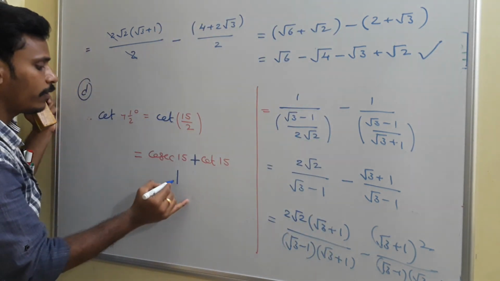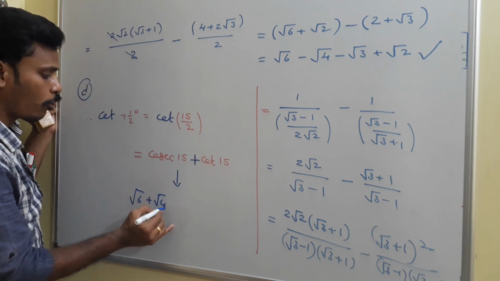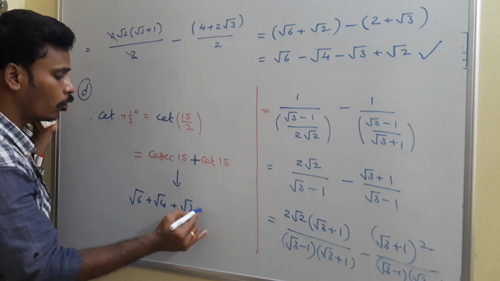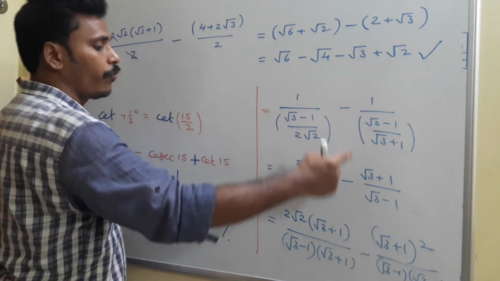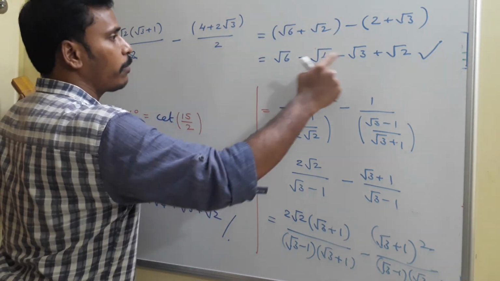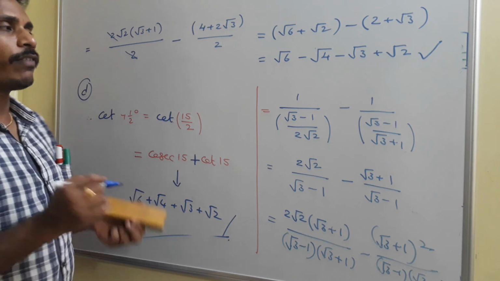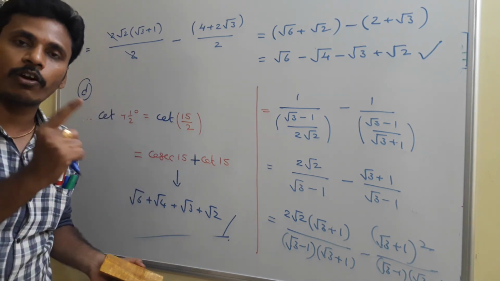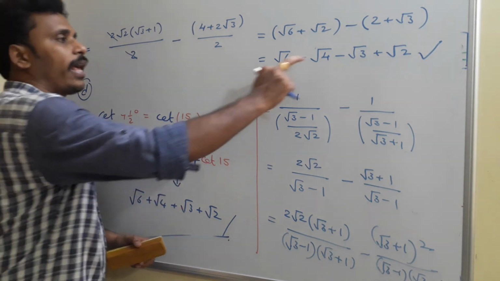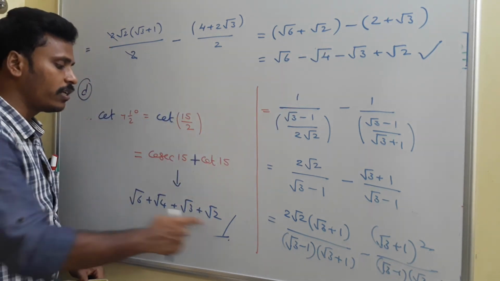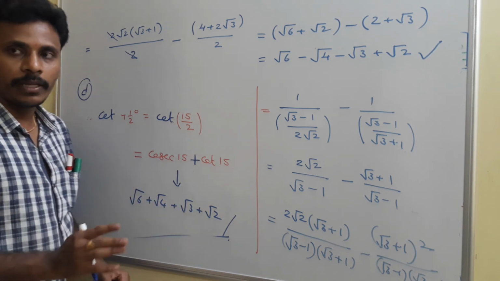And at the end, if you simplify it, your answer is root 6 plus root 4 plus root 3 plus root 2. Okay, no need to simplify further. You will get a plus sign in between them. Plus, plus, plus. So this is the value of cot 7.5 degrees. Okay, you need to identify that. You need to memorize the tan 7.5 degree value as well as the cot 7.5 degree value. Tan 7.5 degrees like this, and cot 7.5 is very easy. See, everything is plus signs. 6, 4, 3, 2. That's it. Okay, just have a look.